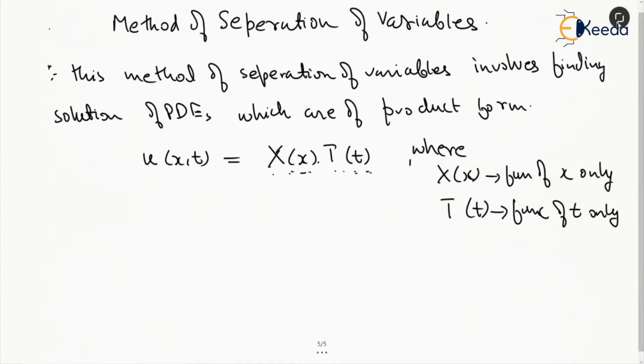In that case we can apply this method of separation of variables, although it is not required that all the partial differential equations are of this form only. There can be non-separable forms also for the partial differential equation. So let's see also, now that these two functions are independent somewhere, because this is function of x only and this is function of t only, then we'll see how to approach or find the solutions.